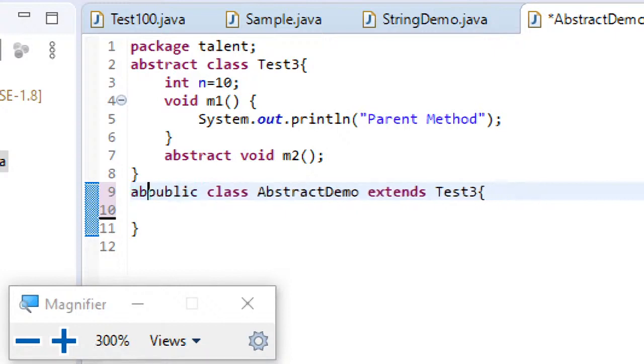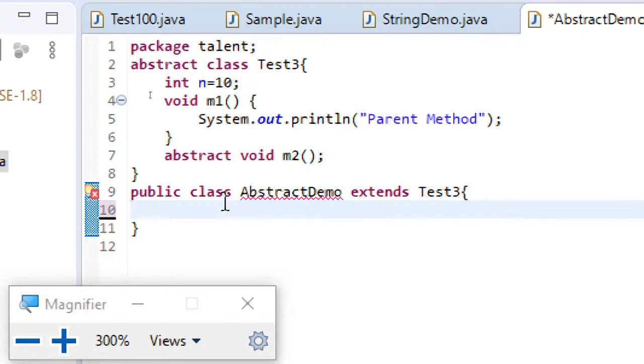So if you don't want the child to be abstract, so that you can create objects of the child class, then you have to provide implementations for all the abstract methods that were declared by the parent.